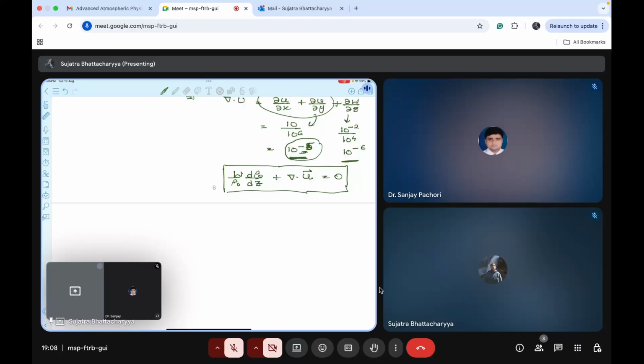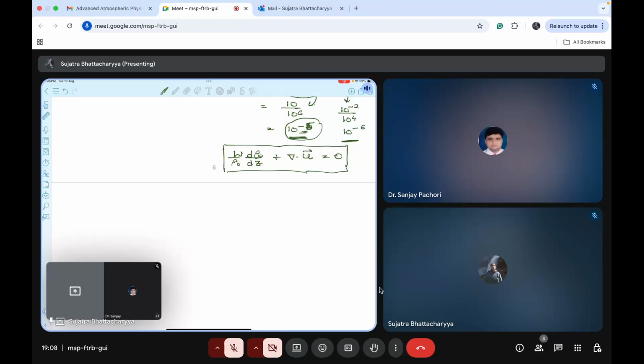So this is one of the things. Okay, and we have applied here the perturbation method, and we will see in the wave theory also the perturbation method. Okay, so I am just thinking whether I will do the thermodynamic energy equation, or otherwise we can shift it to the wave theory. Okay, because that is also important. So let's go to the waves, because this thermodynamic energy equation also can be derived in the same way. The scale analysis can be applied, and it is already, I think, given in the lecture notes. So let's stop that and let's start the